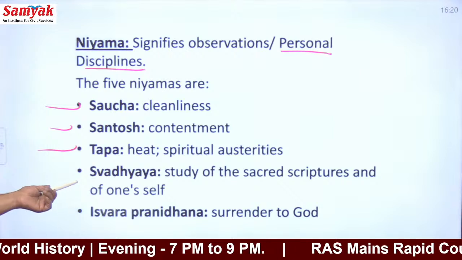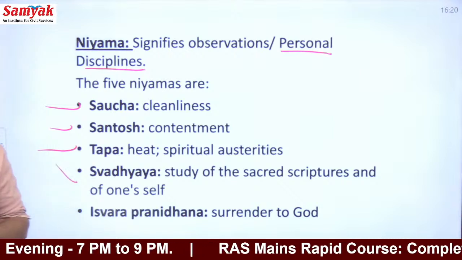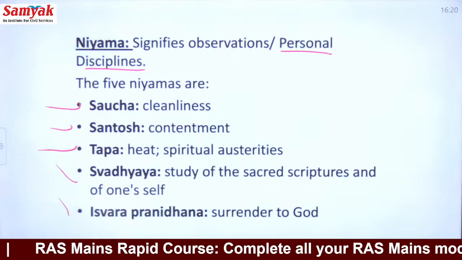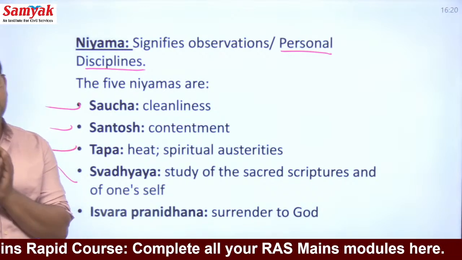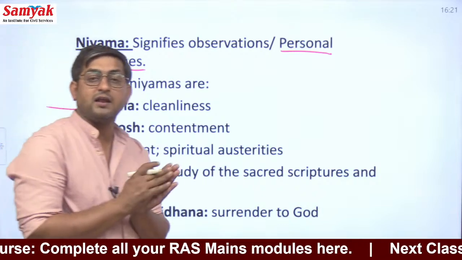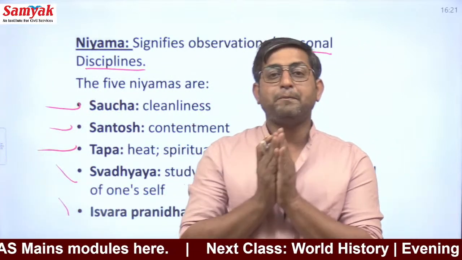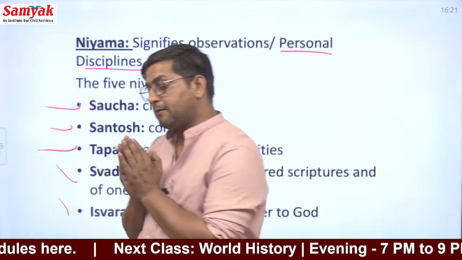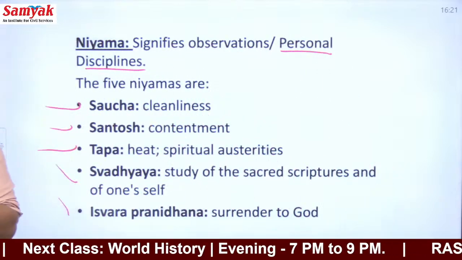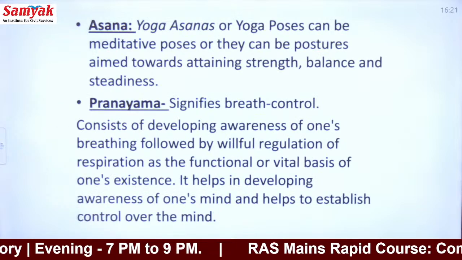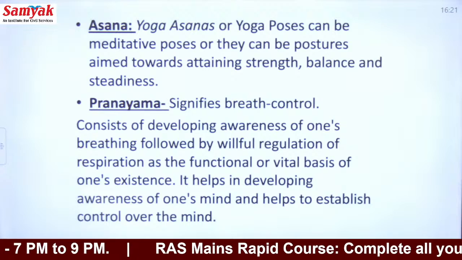Similarly, we have swadhyaya, that means study of the sacred scriptures, you will study good books. Similarly, we have ईश्वर प्राणिधारणा, that means you will surrender yourself to God. आप इस जिंदगी पर खुद का हक नहीं समझोगे, आप इस जिंदगी के ऊपर भगवान का हक समझोगे. तो आपको ये अपनी डेली लाइफ के अंदर 5 डिसिप्लिन प्रिंसिपल्स फॉलो करने हैं. सो दिस element of the Ashtanga yoga is known as the niyama. Similarly, we have the asana.